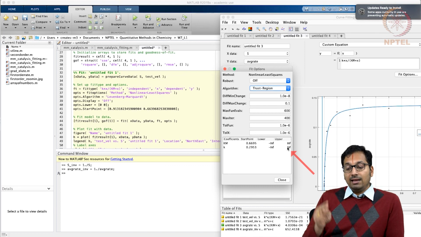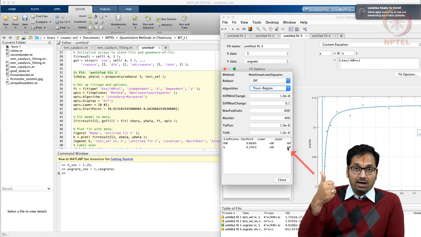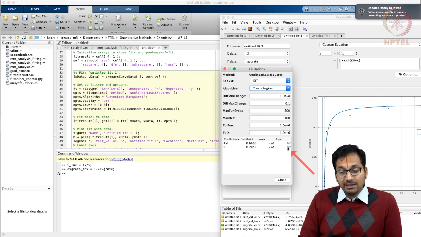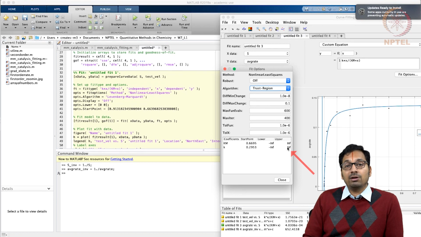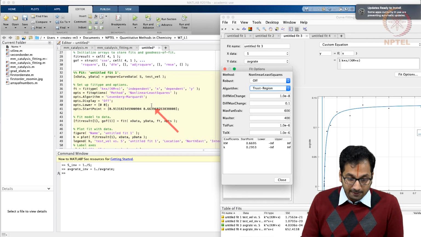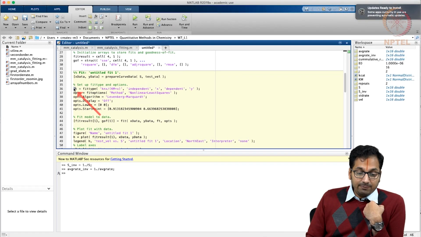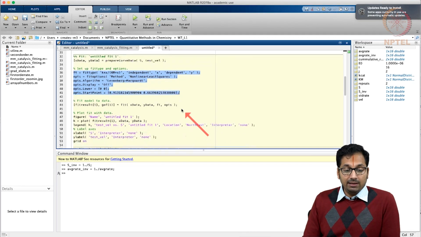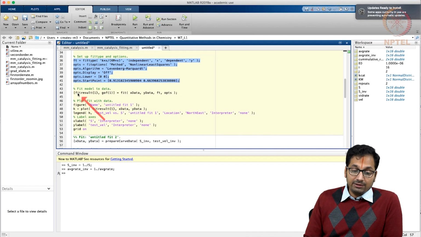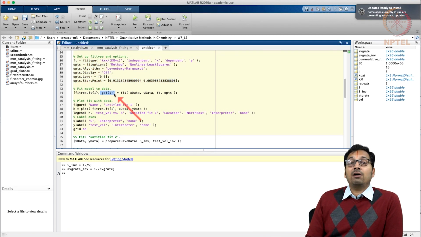So what you are able to realize, for 2 variables you need to set multiple parameters such as the start point, the lower limit and the upper limit. All these could be educated guesses so as to make sure your convergence goes much faster. And these are the fit parameters that you ended up providing in the script, and what you are trying to say is, go ahead, fit it for me and give me something called the goodness of the fit.